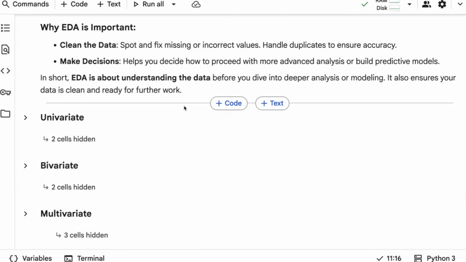Basically, the next step towards a project is obviously model building, right? So before you build a model, it's very important to understand what kind of relationship you have between different variables, what kind of information each graph is exhibiting. All those things play a very important role. So many people confuse that EDA is all about just plotting different graphs and cleaning data.